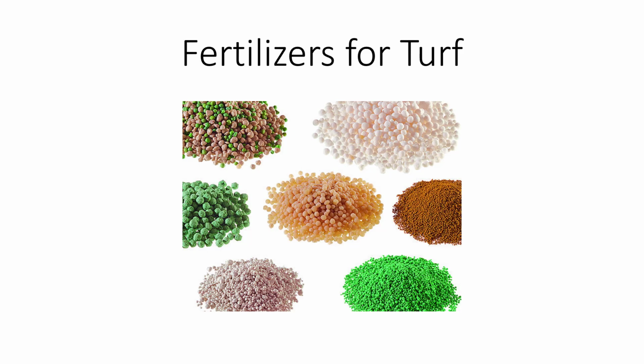A fertilizer is any natural or synthetic substance that supplies one or more of the 17 essential plant nutrients. The three broad categories of fertilizers include synthetic inorganic, natural organic, and synthetic organic. There is no perfect fertilizer, and each has its advantages and disadvantages. I'm Dr. DeBusk, and this video will focus on the types of fertilizers and the best management practices for fertilizing